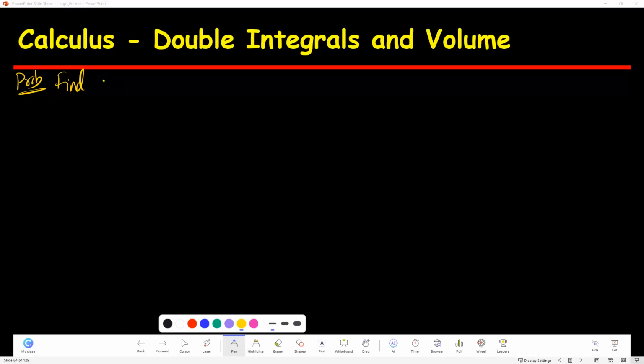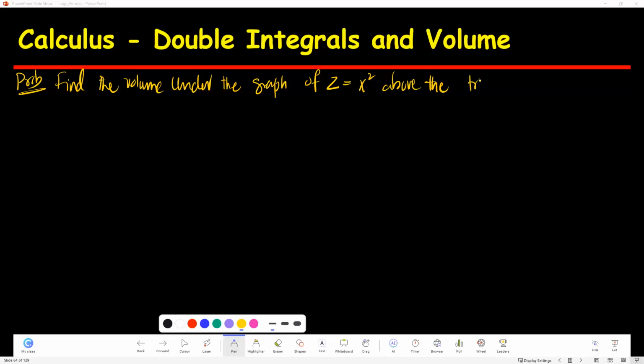Find the volume under the graph of z equals x squared above the triangular region with vertices